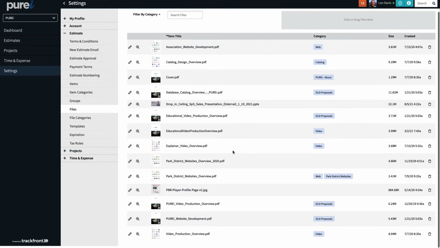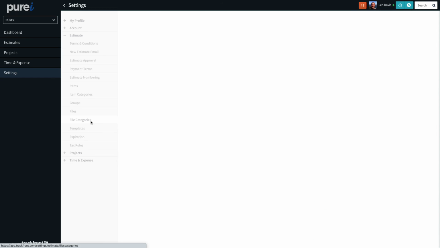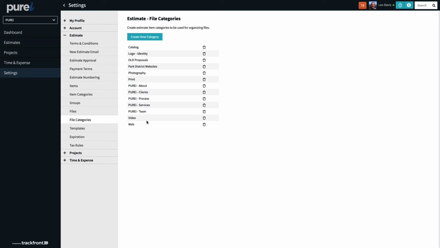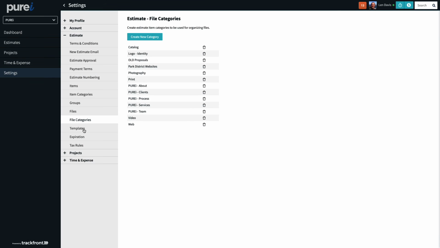So this is a library that you'll be able to reference anytime you want to create new templates and or estimates on the fly. Also here, the file categories, just like with items, you'll be able to define as many categories as you want and be able to tag all your files and attachments this way based on these things. If you wanted to create a new one, you simply do it here. All right,